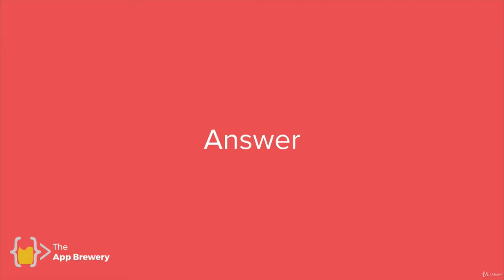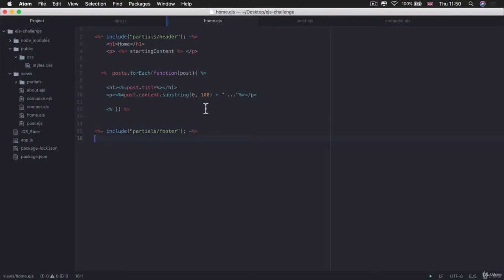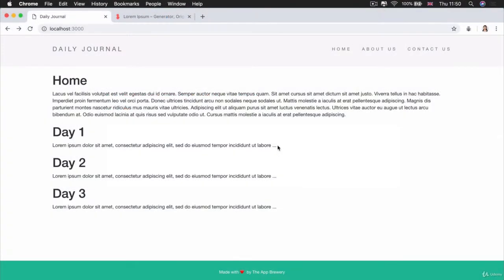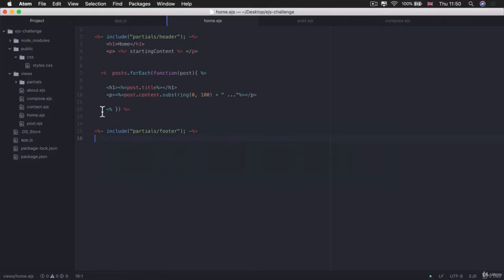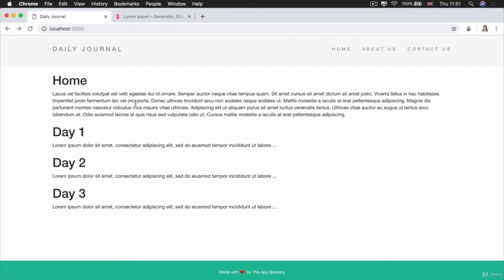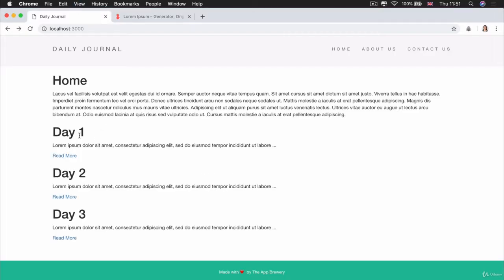So here's the final answer to the final challenge. We know that in order to be able to render that read more page, we need an anchor tag, right? If we were to add our anchor tag inside our home.ejs, let's try and do it here. Let's add an anchor tag that simply says read more. And if I hit save and refresh, then you'll notice that I've got the read more that shows up below